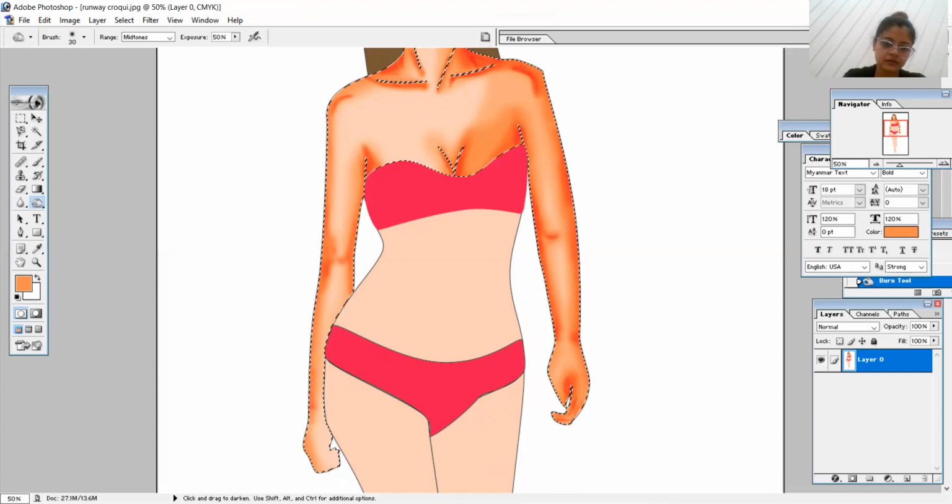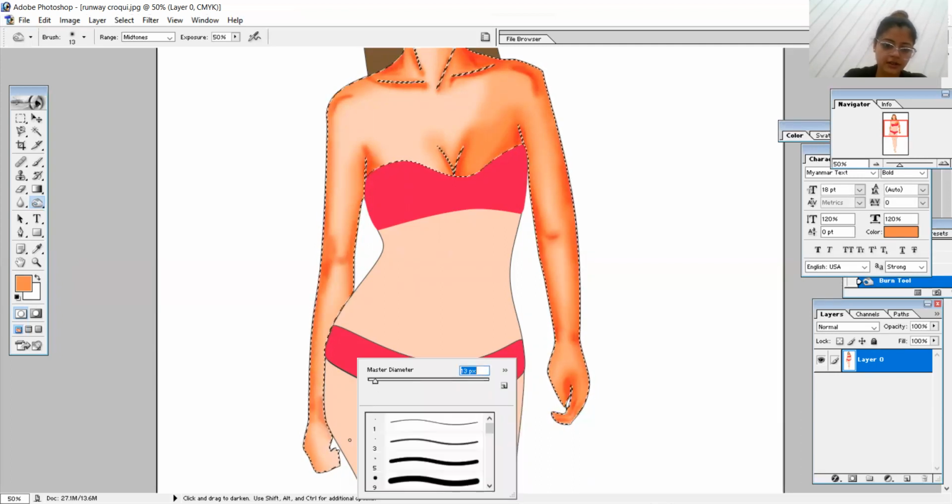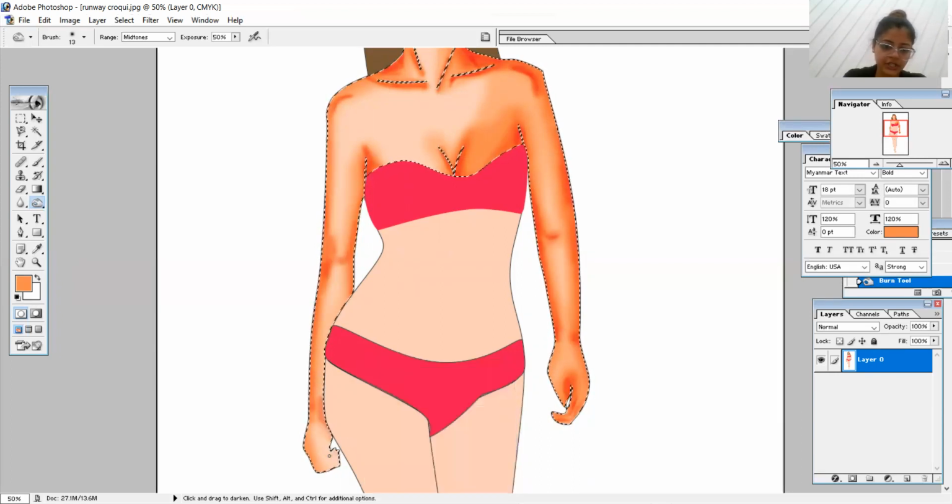Wrist. So decrease the radius and give the finger impressions as well.